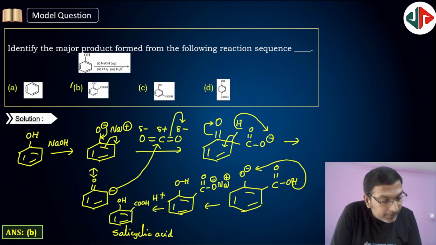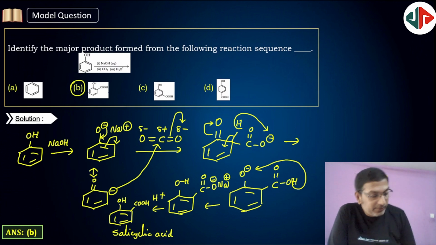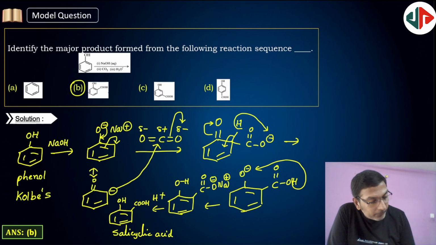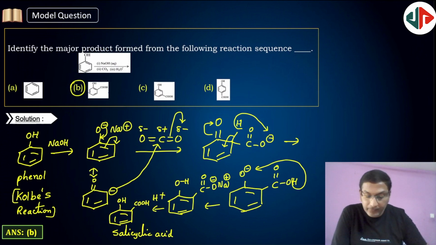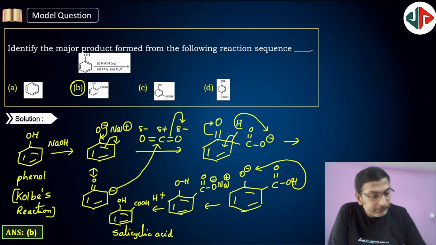Check option B. So at the ortho position, COOH will be substituted. This is the phenol to salicylic acid conversion. So this reaction is known as the Kolbe reaction. The Kolbe reaction. So option B, salicylic acid. Next,